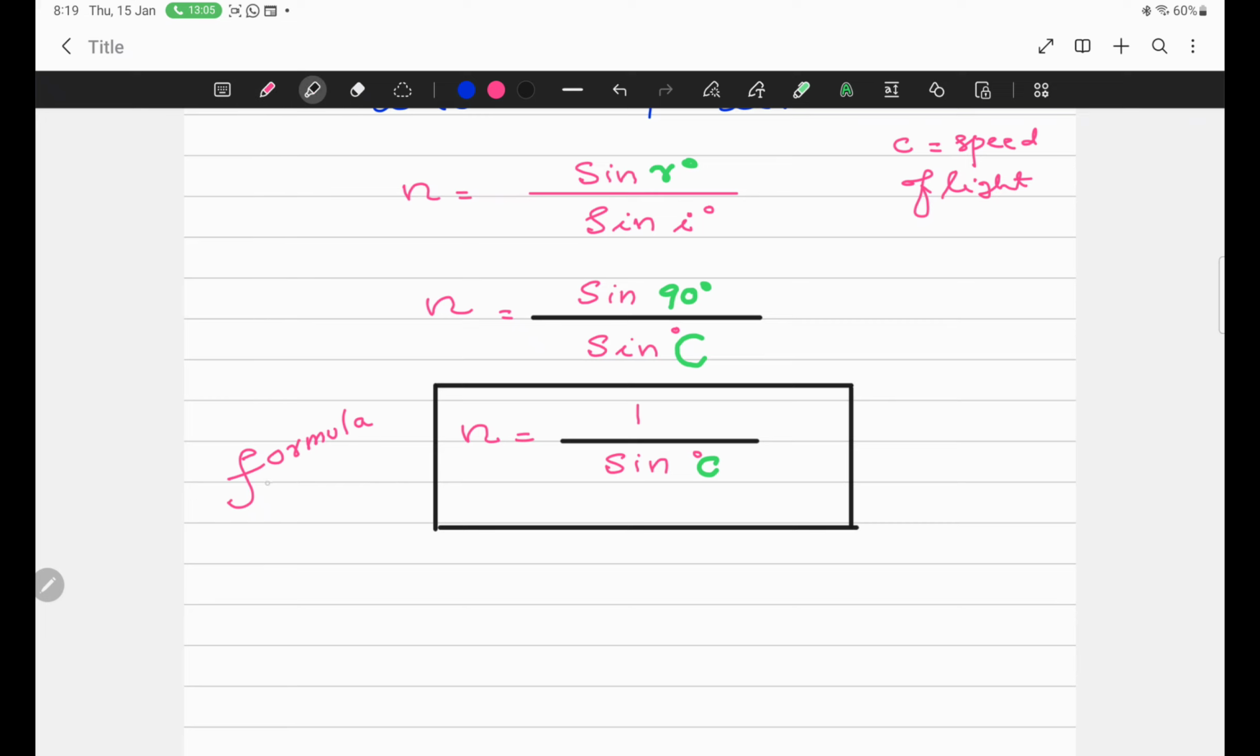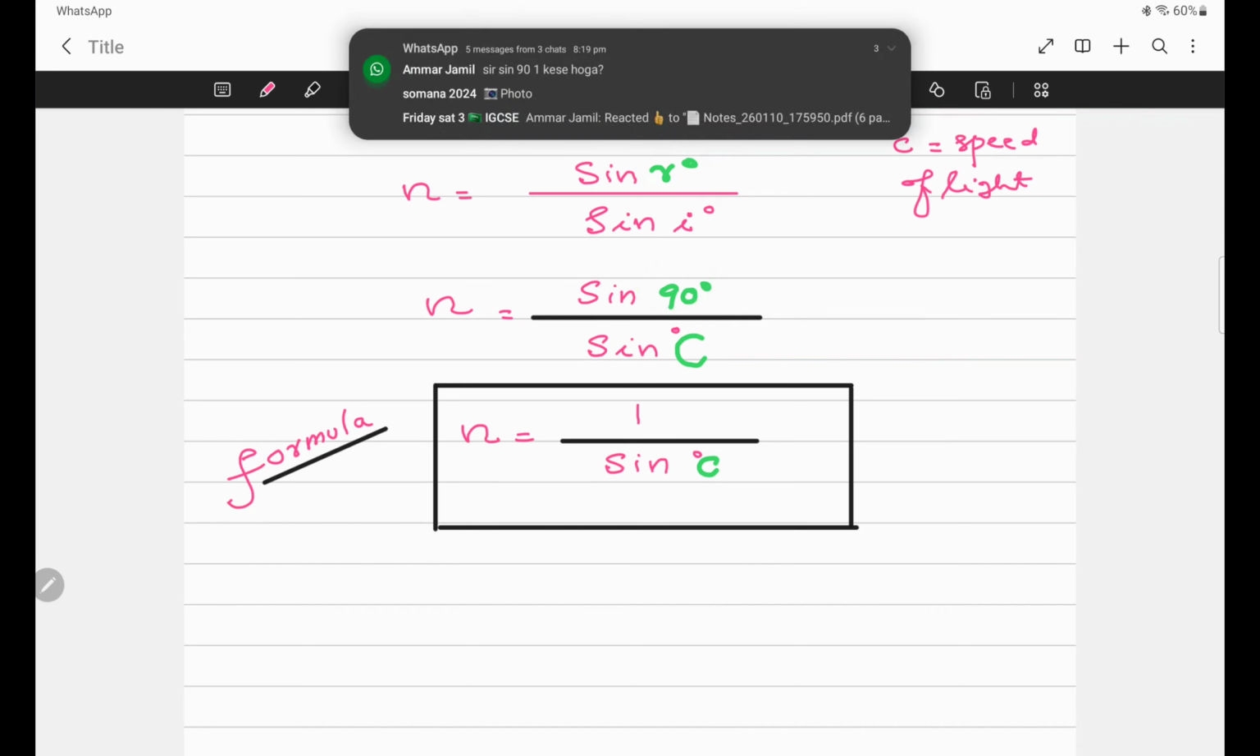Amna and Faria, you should note down this formula. We will use this formula in today's class. N is the refractive index, and the equation of refractive index, which we studied yesterday, is sine R upon sine I. And when angle R is 90 degrees, then obviously sine 90